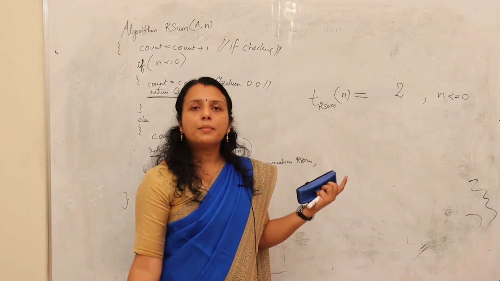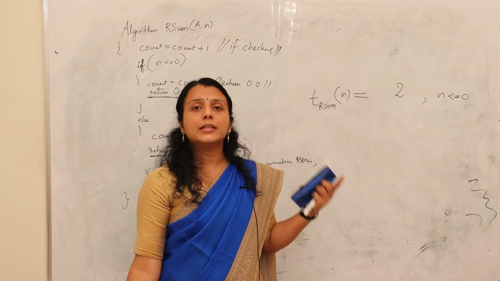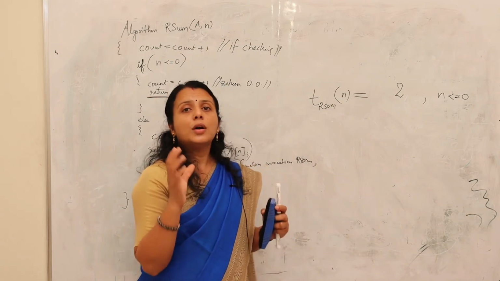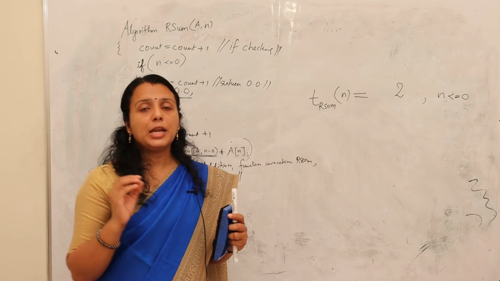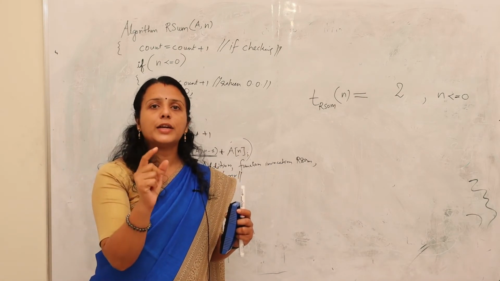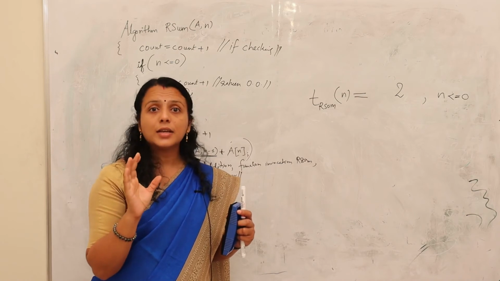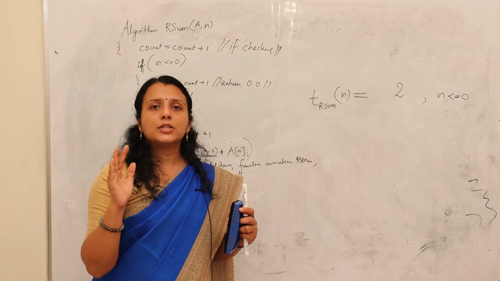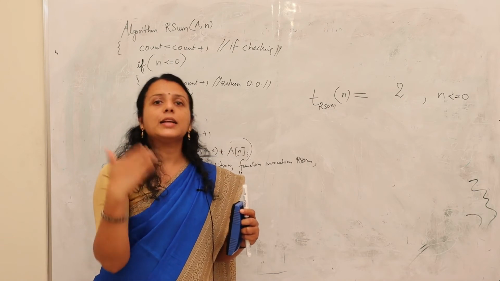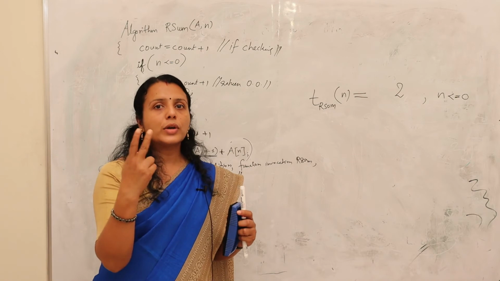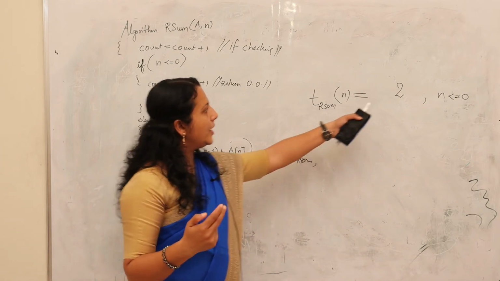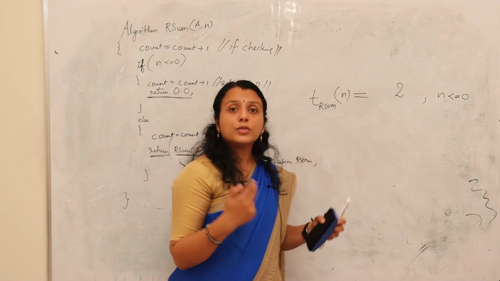Okay, when the number of elements present in that array is less than or equal to 0, you have to spend 2 counts for that program, a minimum of 2 counts. Why? Just for checking the if condition that is needed, isn't it? And if that if condition is true, you have to enter into the if block, and again the count is incremented. So 2 count incrementations are happening. Because of that it is 2 when n is less than or equal to 0.